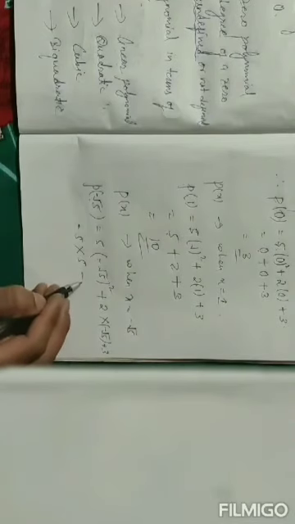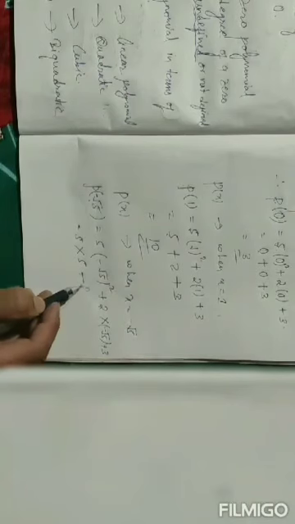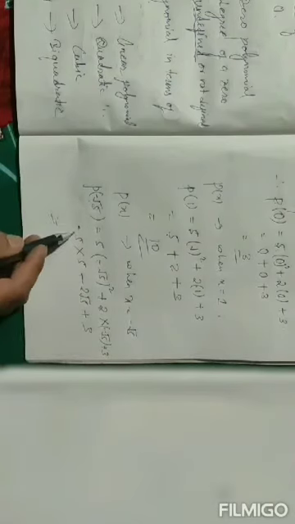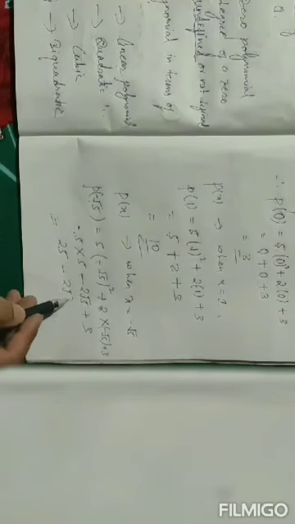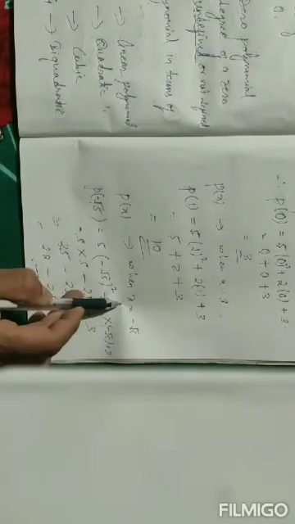Okay, now here, 2 into minus root 5. In front of 2 it is plus, plus into minus is minus, so minus 2 root 5, isn't it? We have already done the multiplication of irrational numbers. Now this one is plus 3 as it is. So 5 fives are 25, minus 2 root 5, plus 3. Next, this will not be added or subtracted with these numbers because it has root 5. So this will remain as it is. 25 plus 3 will be counted. So 28 minus 2 root 5. So this is the value of p(x) when x is minus root 5. Okay, so this is how you will do the sums, isn't it?